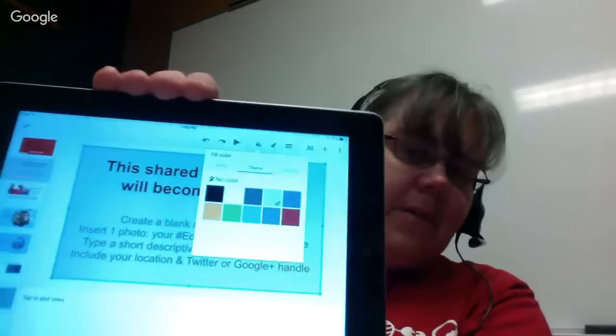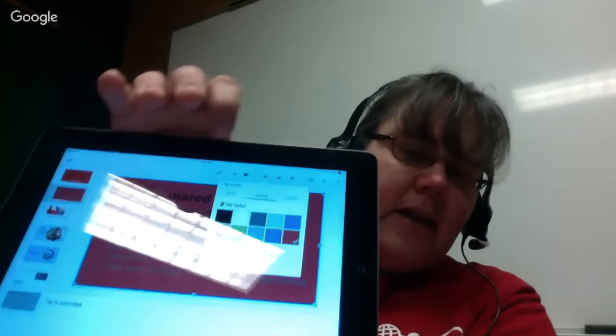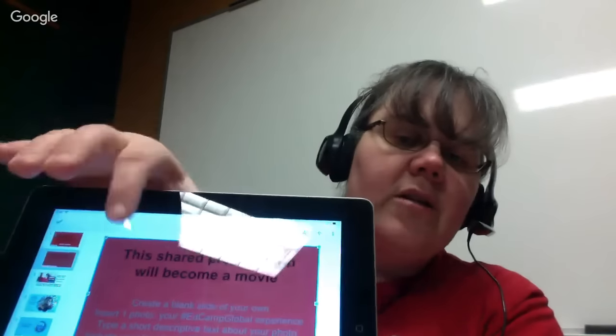And in the paint bucket at the top, I can choose whatever color I like. And it will put the color in behind my words. So that's how, if you are working on an iPad, you can still manage to change a background color if that's something that you would want to do.